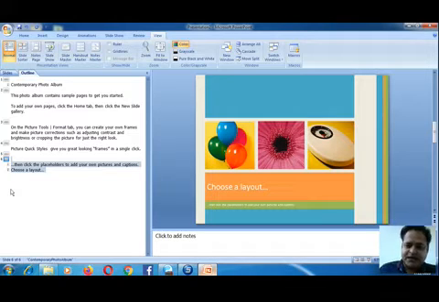Keep the left button of the mouse pressed and drag to the location where you want to place your slide. Now as you can see, the third slide has moved to the last. Now it has become the last slide of the presentation.